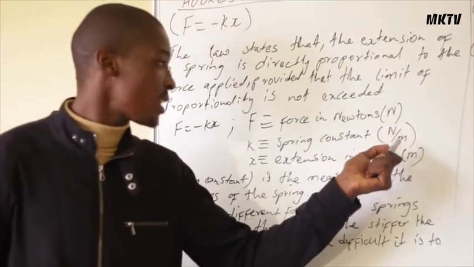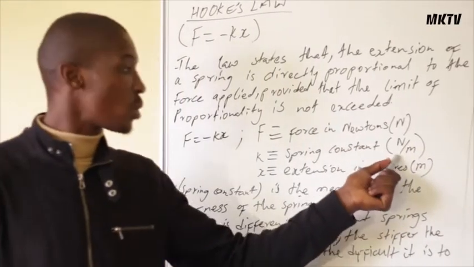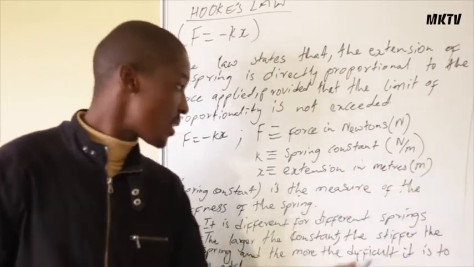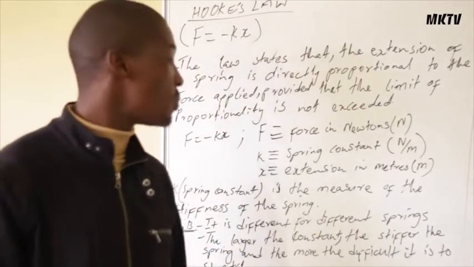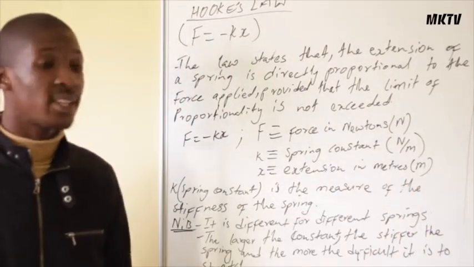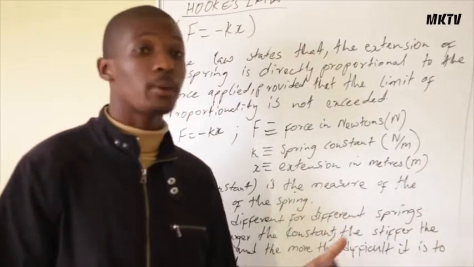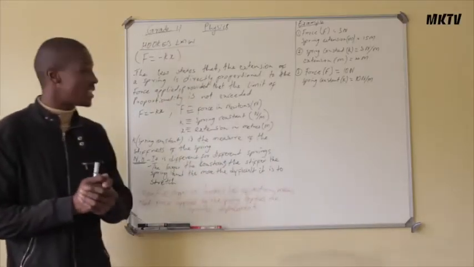The SI unit for the spring constant is newtons per meter. Again we have the x, which means the extension in meters, and we know that meters represent the displacement or the distance